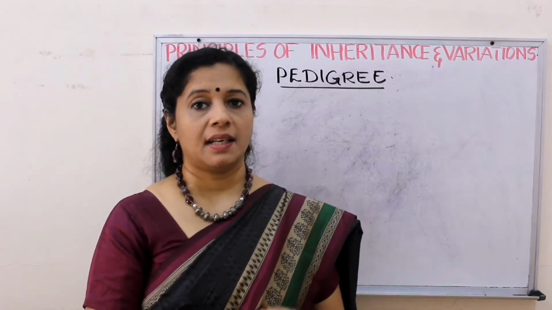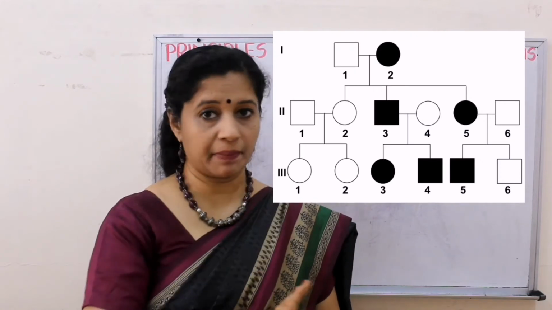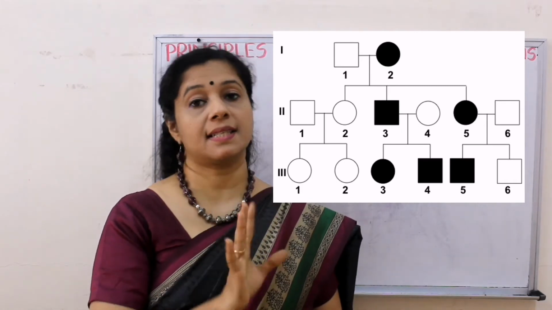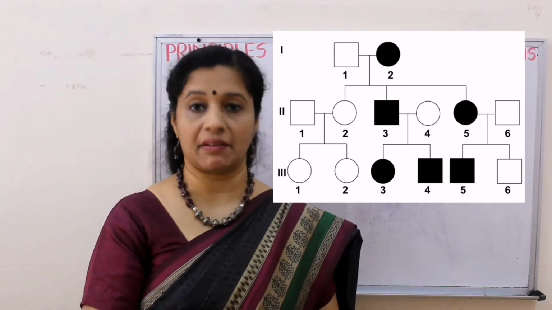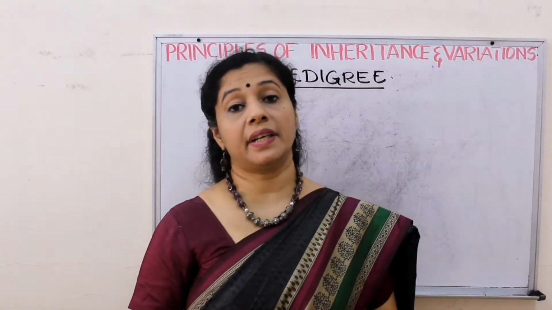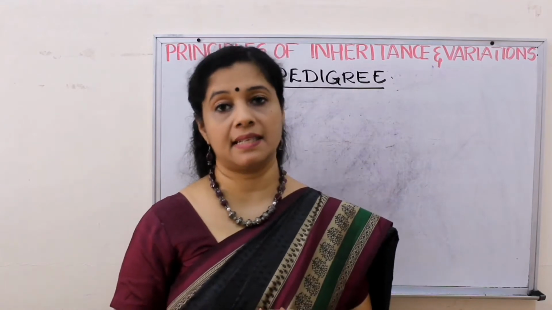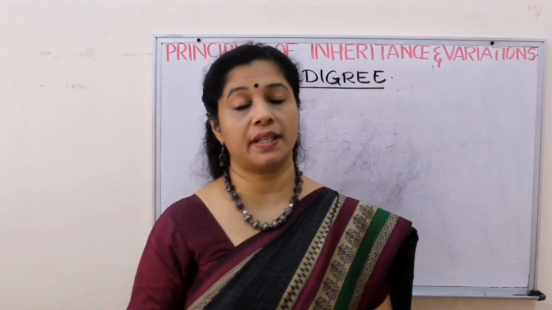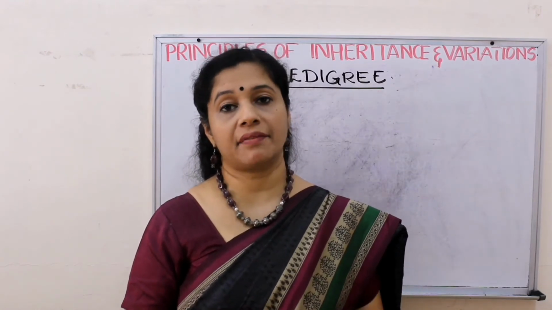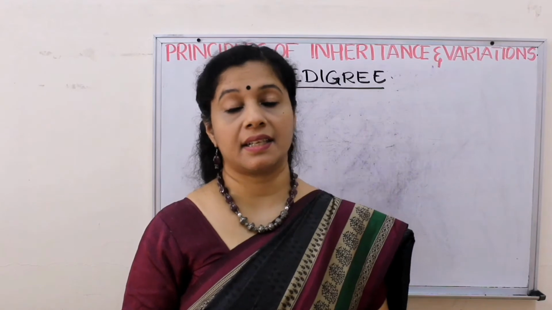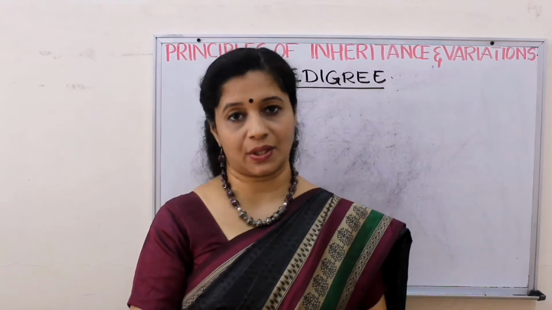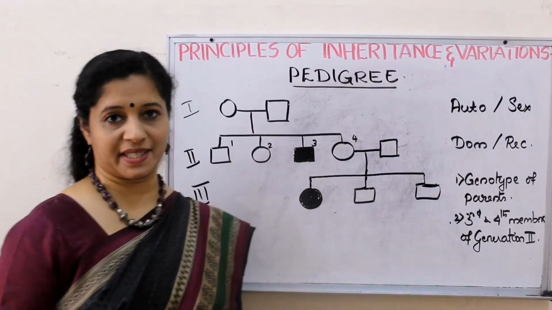First you see, in a single generation, not the entire pedigree, in a single generation, if both the sexes are affected, at least one male and one female affected, then we can say it is autosomal. And if the trait is more seen in females than in males, then we may come to a conclusion that it is an X-linked dominant disease. And if males are affected, then it is sex-linked recessive. So these are general guidelines for you to arrive at an answer, but still we have to work out the cross. Right? Now let us see a few practice questions in this regard.